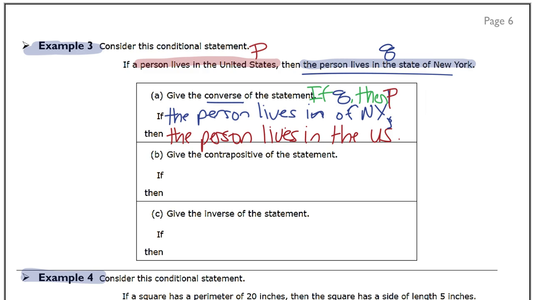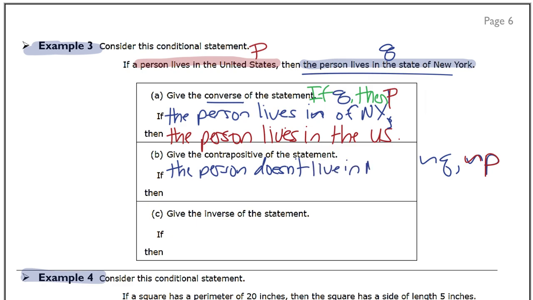So what is the contrapositive of this? Remember, we basically do the converse and then we negate it. We're still going to start with the blue part first because we're putting Q first. So remember we're doing not Q and then not P. So we're saying not this first part, or this part Q. How do I say that? The person doesn't live in New York, then the person doesn't